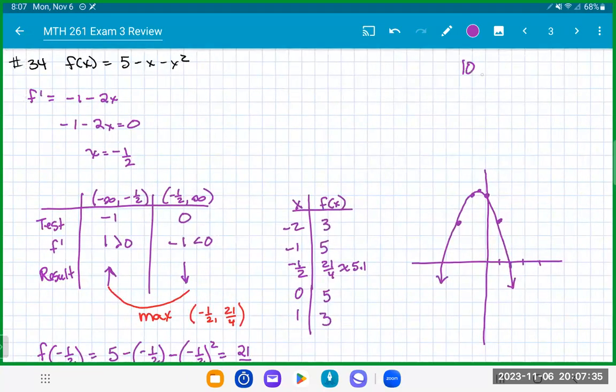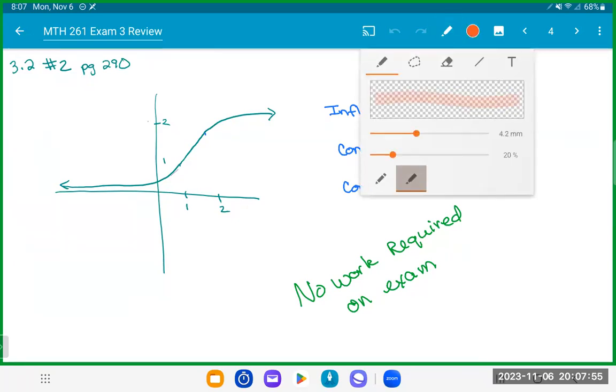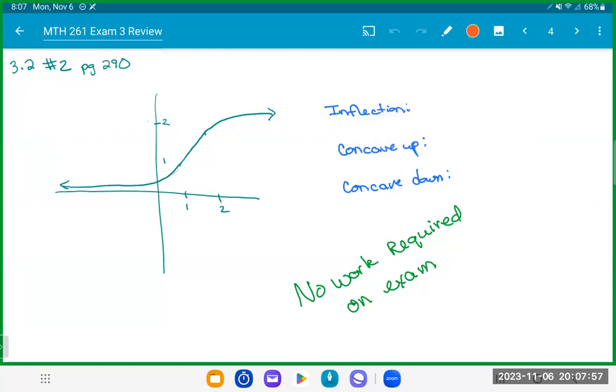This problem is worth 10 points on your exam. This next problem, you will not have any work that you have to turn in. So what it's looking for here is where are we concave up, where are we concave down, and what is